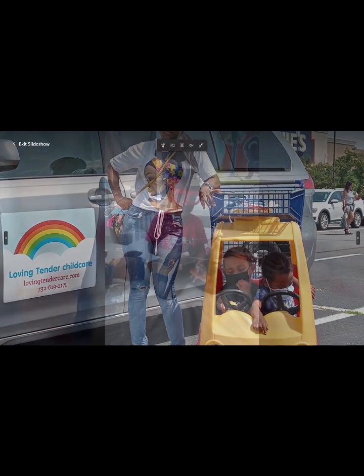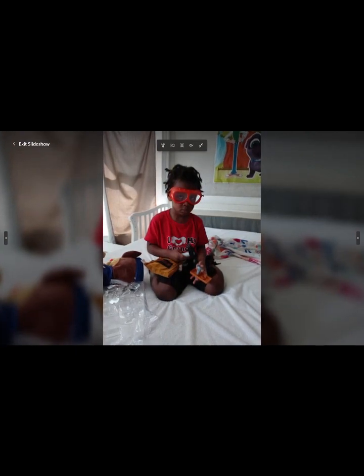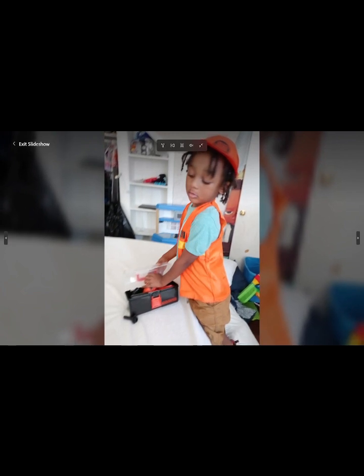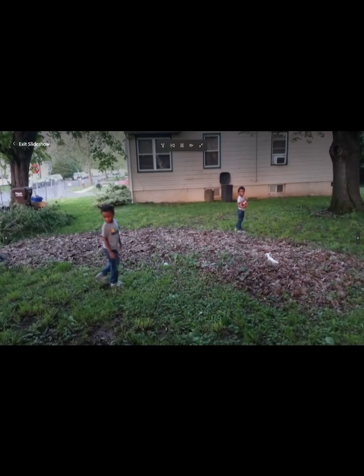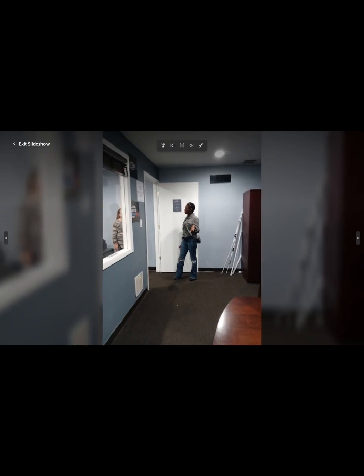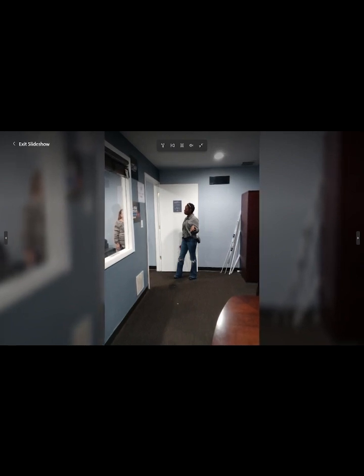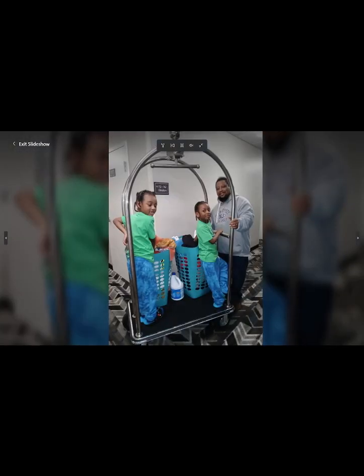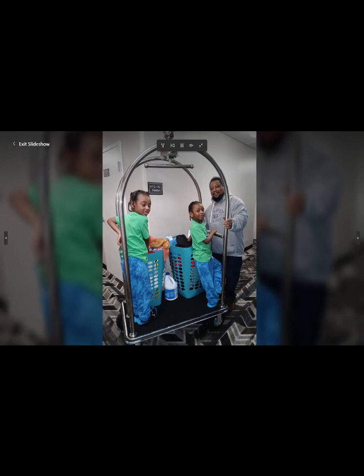Time limits: exchanges generally have time limits during which the exchange properties must be identified, and then the exchange itself completed. Boot: if properties are exchanged and don't have equal value, even if one of the properties has increased in value, the capital gains tax is deferred, but it eventually must be paid when the property is sold. If the properties are not equal in value, cash or personal property may be included in the deal. This is called boot. The person who receives it owes taxes on the boot.